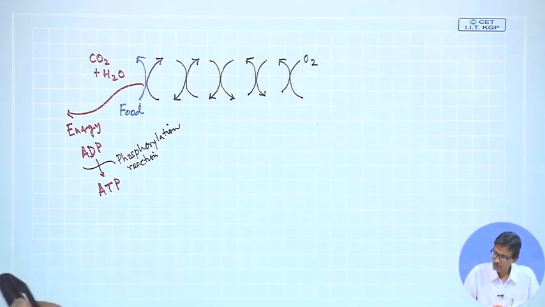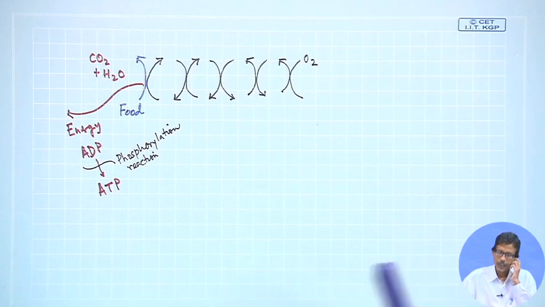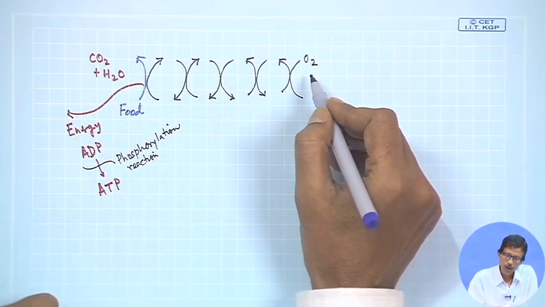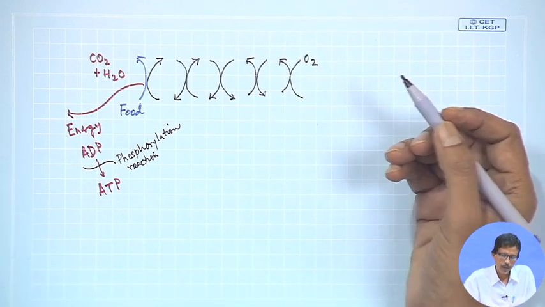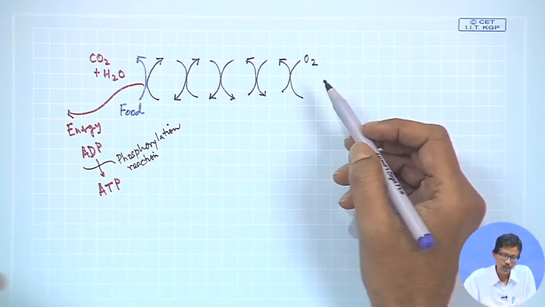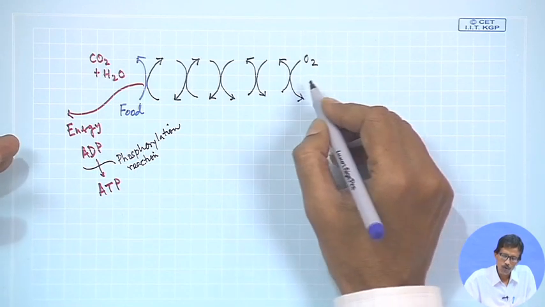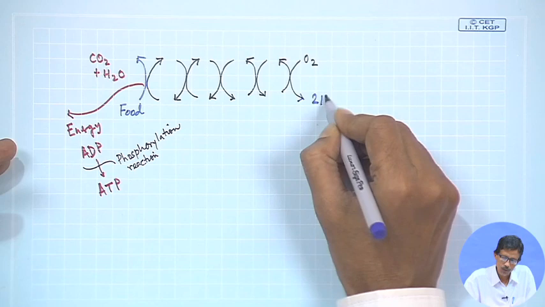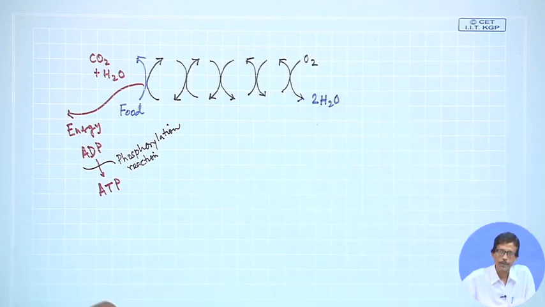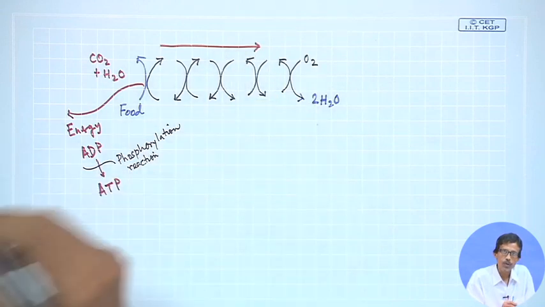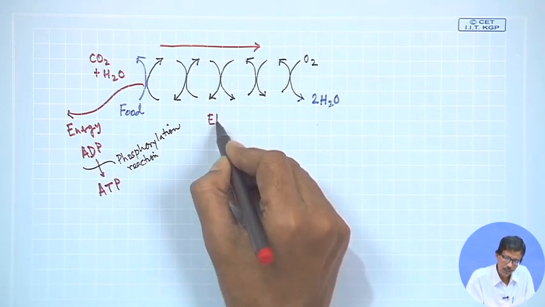So, these are basically the things we can have for your O2, because we will be burning your food material with O2. We know how you synthesize your carbohydrates and proteins and fats also, and at one time you have to burn this. So, O2 will go for 4 electron 4 proton reduction to give you 2 molecules of water. This is the ultimate thing, and in between, all these things are related to what we call the electron transfer chain.